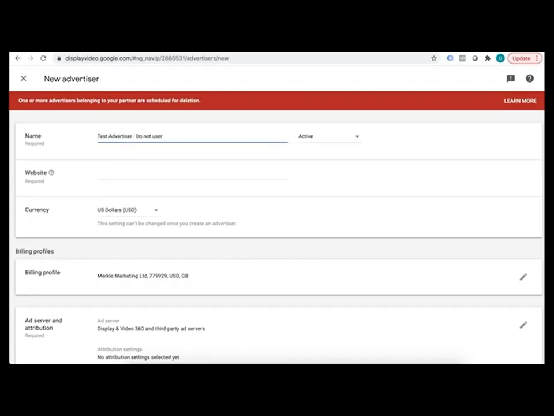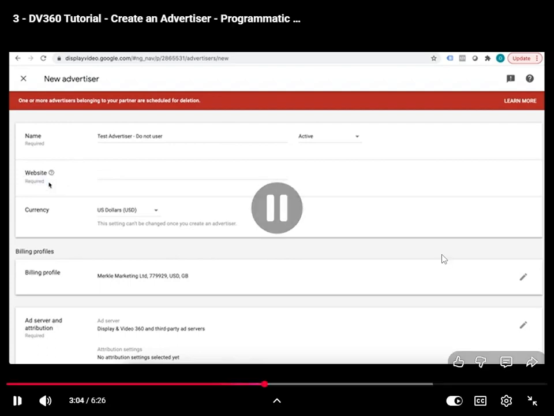I'll put test advertiser do not use, and here you can keep it as active or paused. For example, if you want to create an advertiser in advance but there's no campaigns for now, you can keep it in pause state as well. So in our case, I'll keep it, for example, active. And then we have website. Now it's very important to input website here because